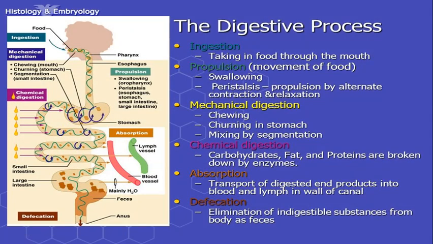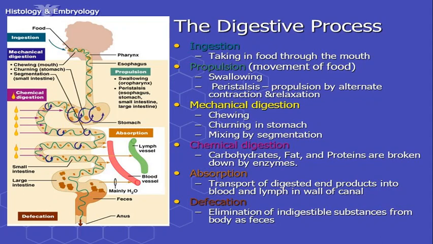The digestive process begins with the ingestion of food. The food that you have taken into your mouth is mechanically digested when you chew it. Then you swallow it, which is the propulsion of the food from the oropharynx to the esophagus, where peristaltic movements begin, which are the contraction and relaxation of the smooth muscle wall, which helps to get the food